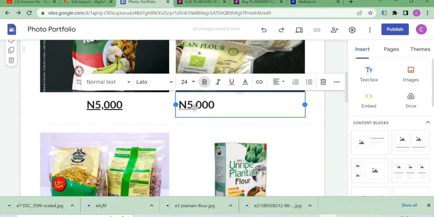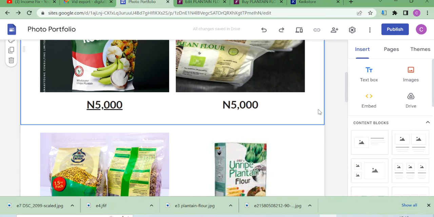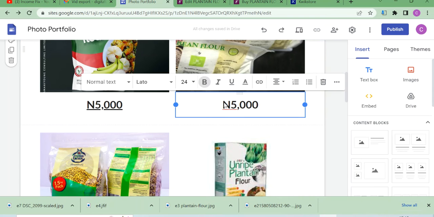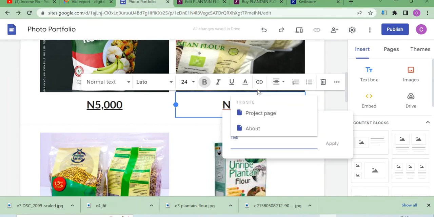All right, so you have chosen size. You can put in the middle alignment, middle. Okay, good. So you see, this is 5,000, that is 5,000. But now how will they click? That's the moment they click this price, they can now land on your store. This is where you have to insert